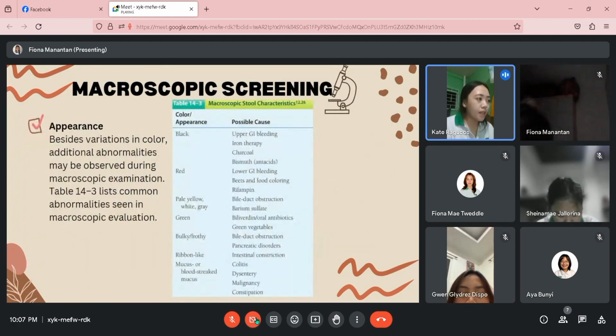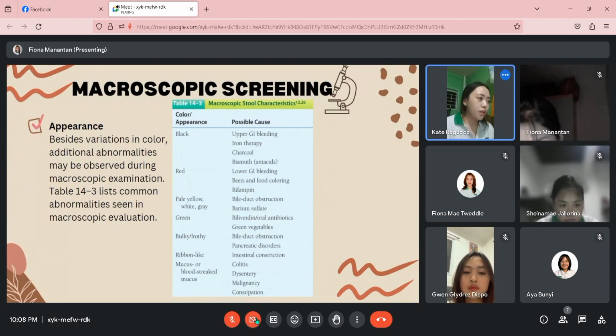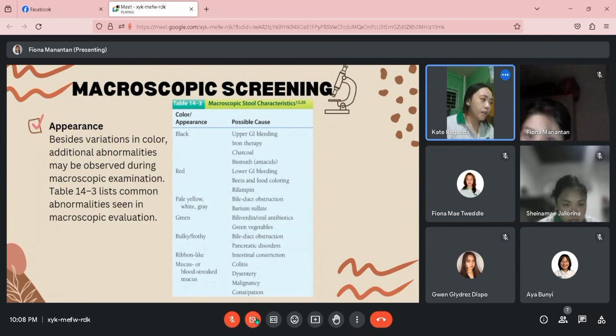Appearance. Besides variations in color, additional abnormalities may be observed during macroscopic examination. This table lists common abnormalities seen in macroscopic evaluation. The possible cause of a black color of stool may be upper GI bleeding, iron therapy, charcoal, bismuth, or antacids. The possible cause of red color of stool may be lower GI bleeding, beets and food coloring, or rifampin. The possible cause for the appearance of pale yellow, white, or gray stool may be